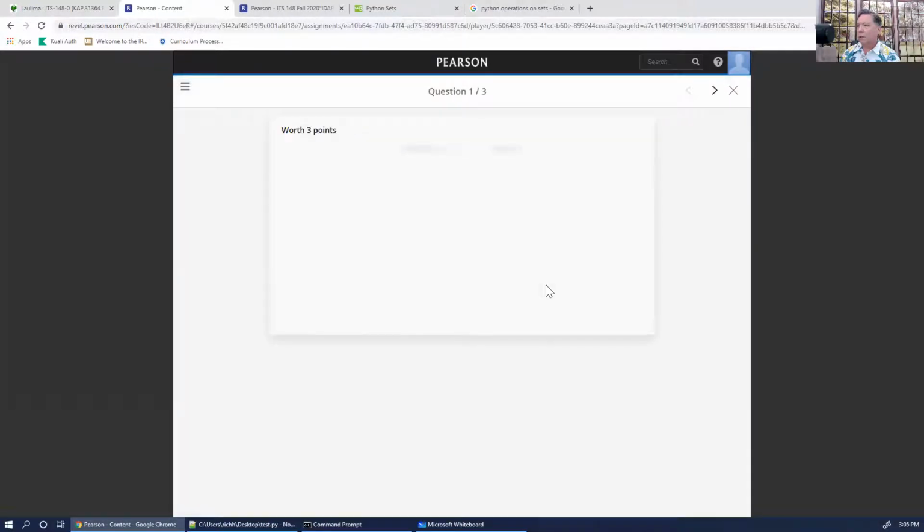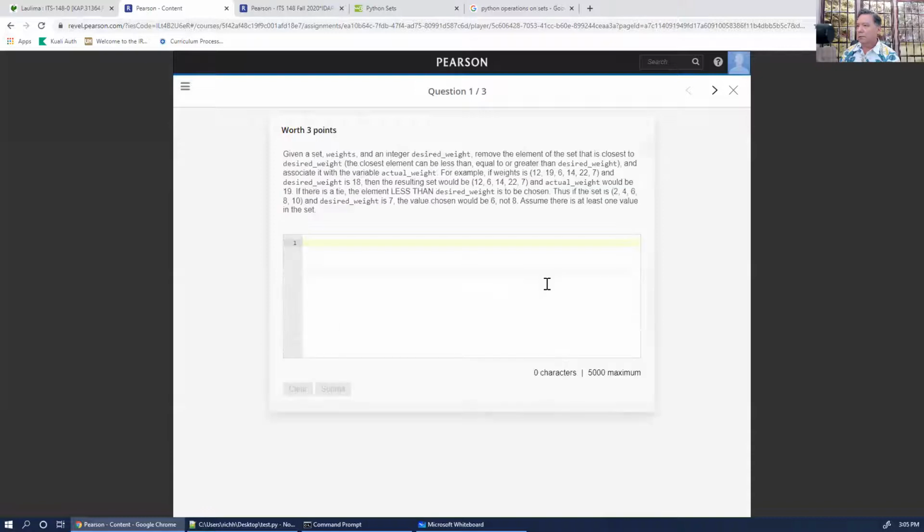Question 1 is, you have a set of integers, and then you're given another integer, which we'll call the desired weight. And we're supposed to go through and find the integer in the set that's closest to the desired weight, and